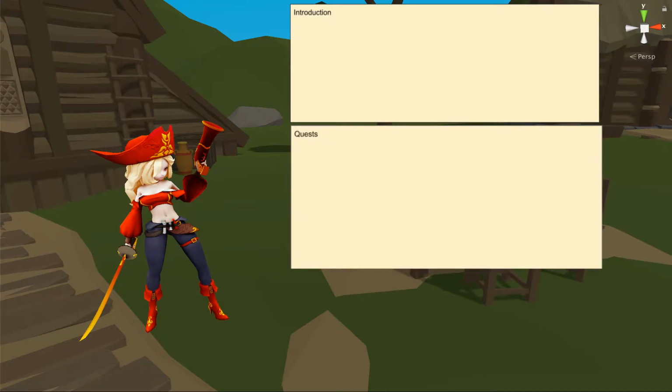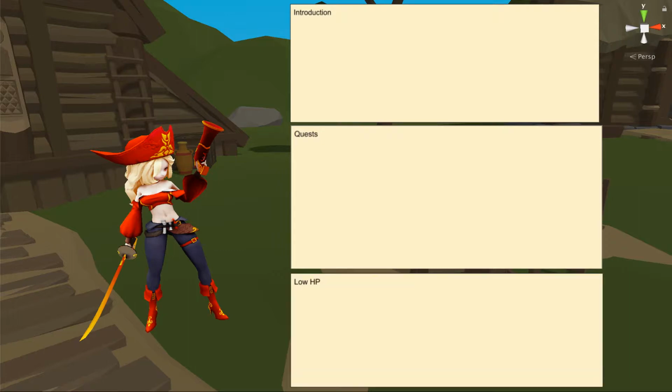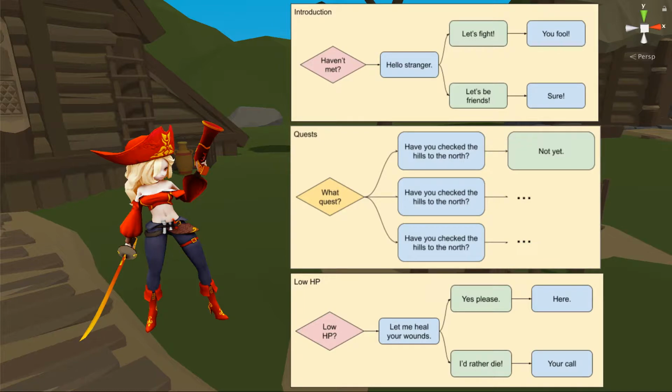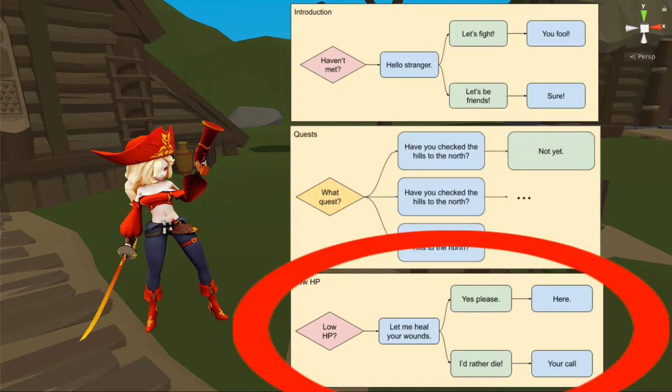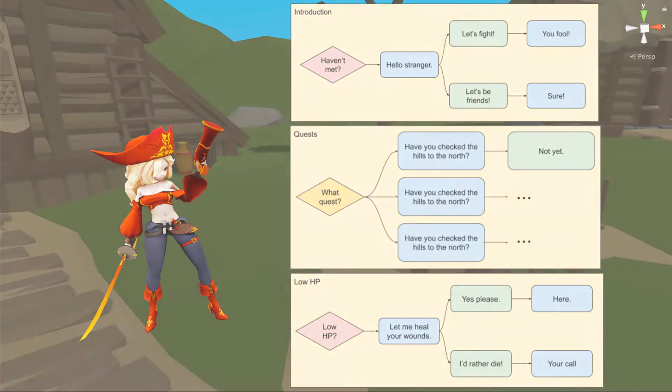So depending on what quest the player is currently undertaking, she has a corresponding dialogue available. And if the user is low on HP, she offers help. Each one of these conversations or topics will have its own dialog tree, and we already know how to use those. But you can see that each one can be a complex conversation with a lot of back and forths and with different choices that the user makes. For example, for the third scenario, the user can either accept or reject the offer.